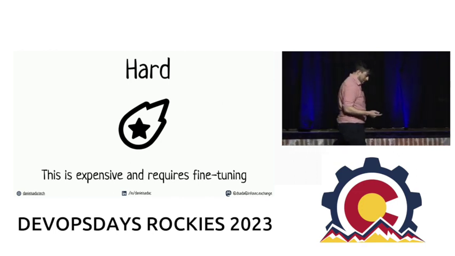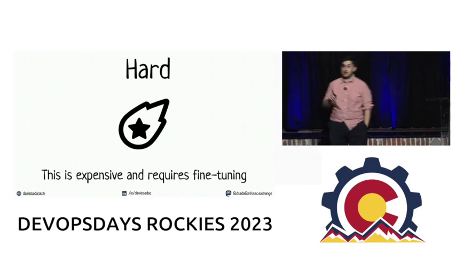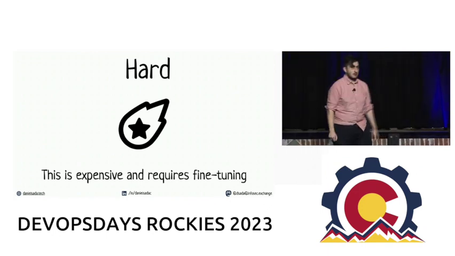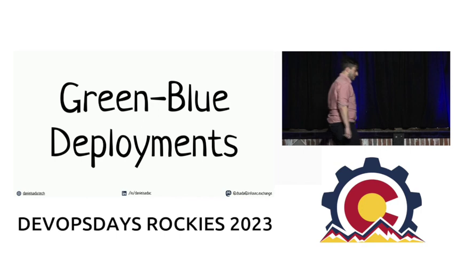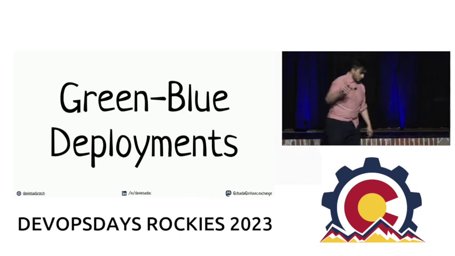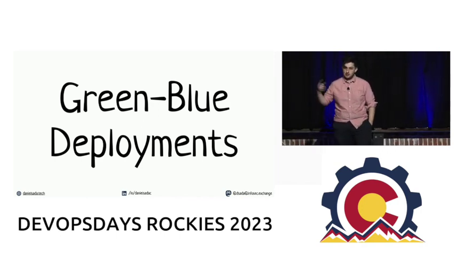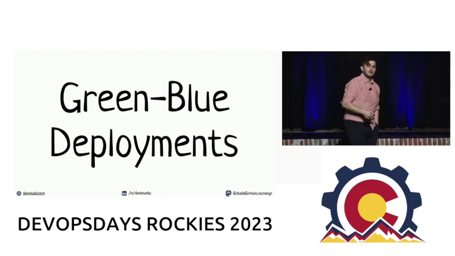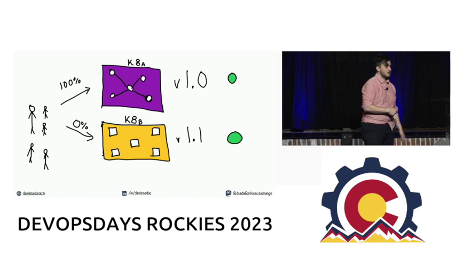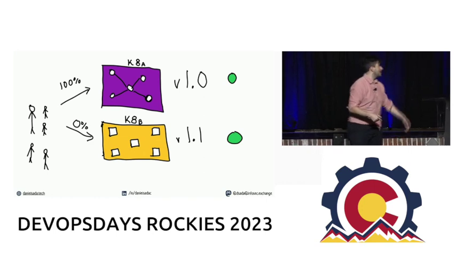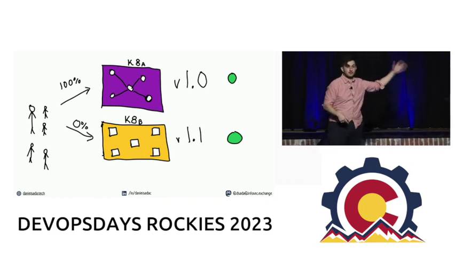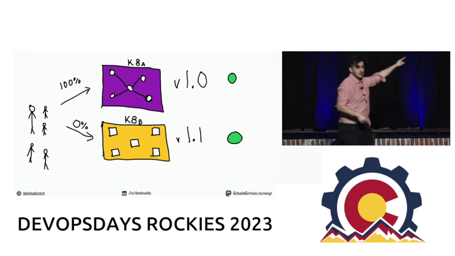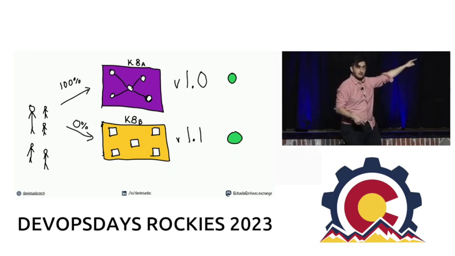Let's talk about the next concepts, and these are hard concepts or expensive, or both. Let's talk about blue-green deployments. So when we're deploying constantly, as we talked, every hour, there's this question of how do I serve the new version of my software to my users? I have version 1.0 and I have version 1.1. All of my users are on version 1.0, but I need to migrate them. How do I do that without any downtime?